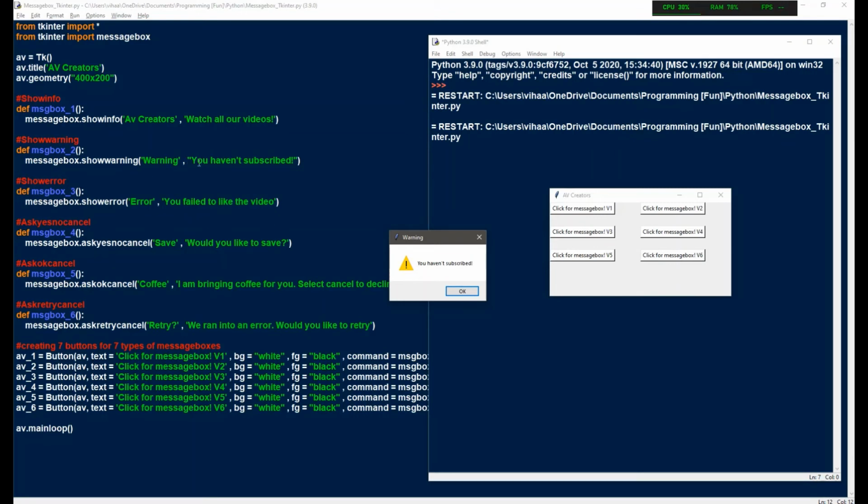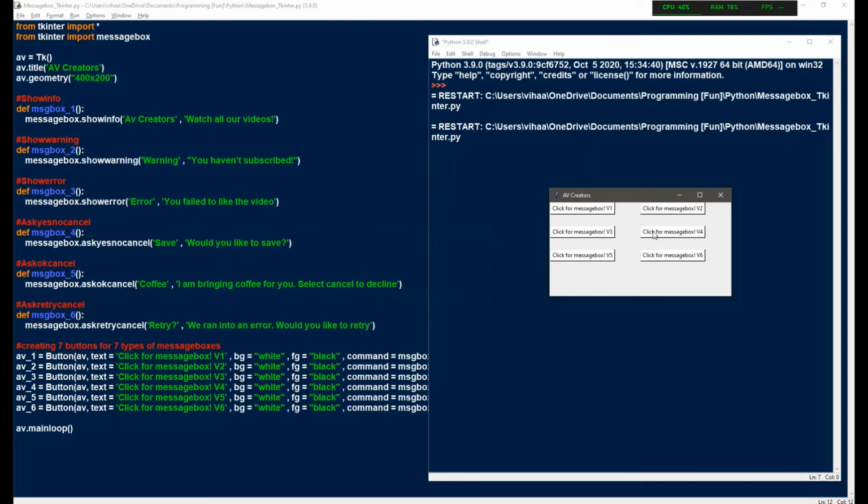The title and content is as we type. Let's click OK and move to the third one. So error. For error, it's a different sound, and it shows a red circle with a white X in it. So it failed to do something. So let's move on to the next one.